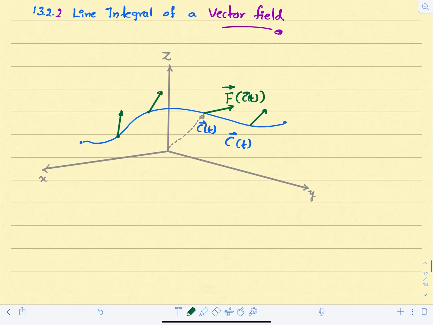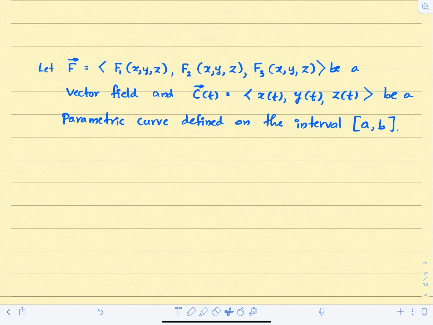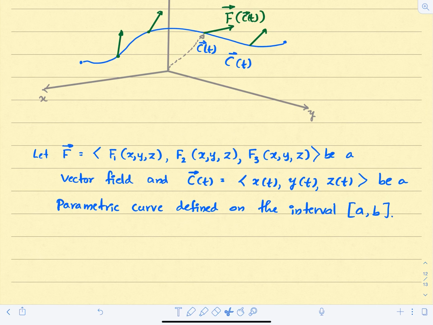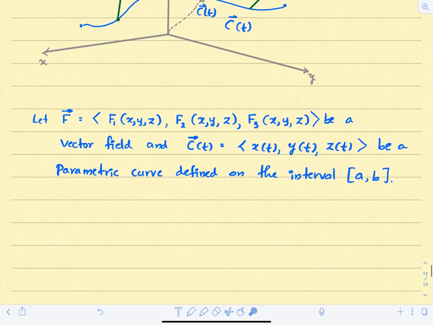we define the line integral of a vector field. Let's consider a vector field in three-dimensional space. So basically our vector field f contains three components, f1, f2 and f3, and each of these functions is a function of x, y and z, and we have a curve c of t which is given by this parameterization x of t, y of t and z of t on the interval a comma b. So basically your t goes from a to b. Then